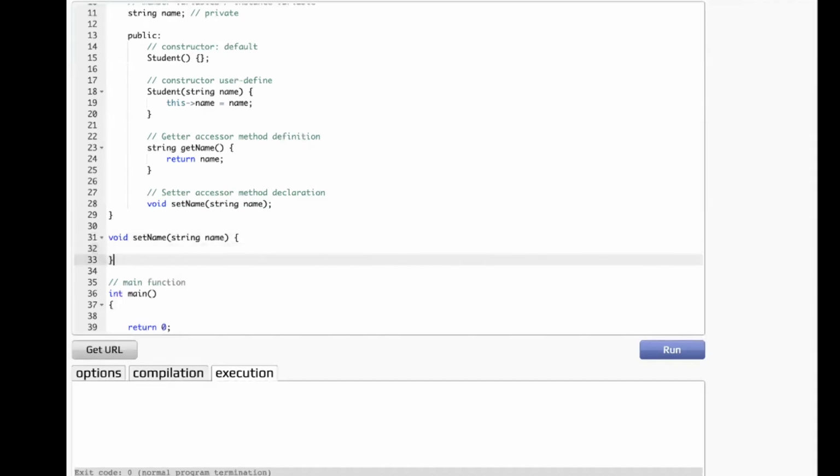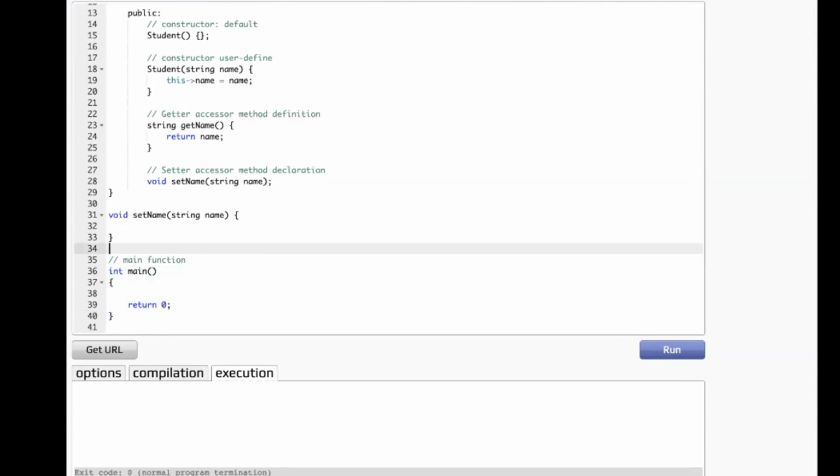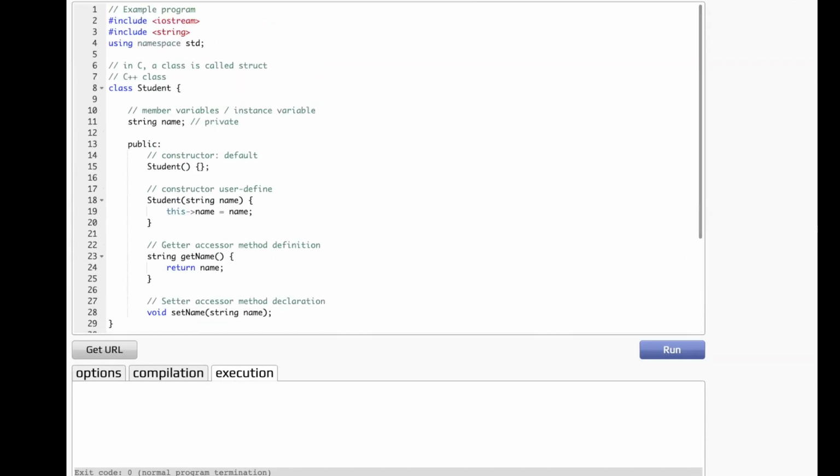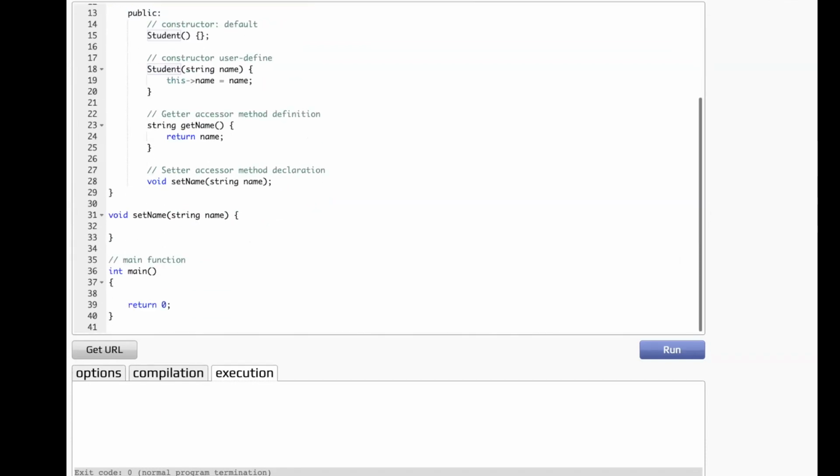But here comes the problem. How do I know this? If I do it this way, then this set name is outside of my main. So it looks like set name is just a function that main can call, but that doesn't make any sense, because set name is part of student. So what I want to do is make sure that people understand the set name is part of the student. So you would actually have this thing called student ::